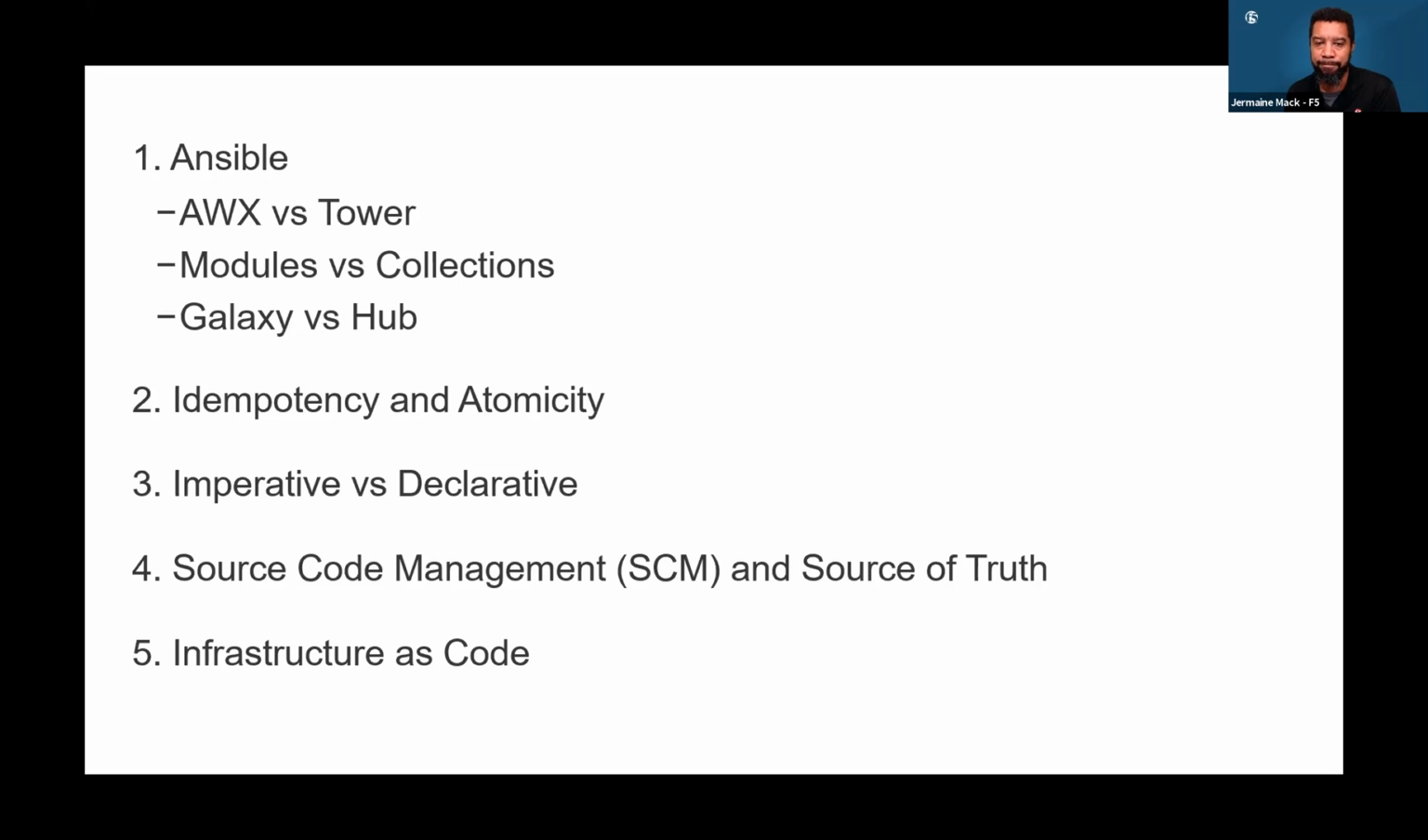So those are things related to Ansible. Second item here, idempotency and atomic. So idempotency is the concept where when a client makes a call to a system one time, 10 times, or 100 times, every call gives you the same result, right? So idempotency. And then atomic